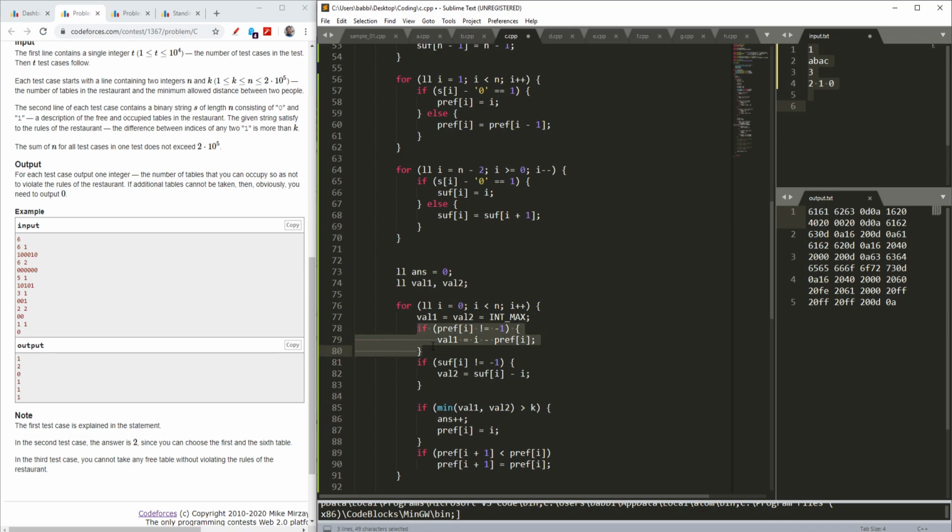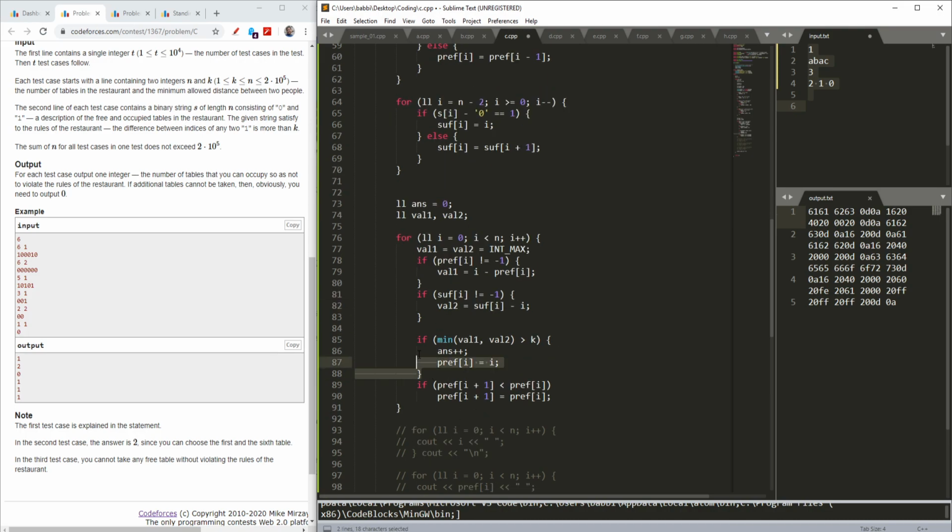So I will check that if it is not -1, because if it is -1, then we have no constraints for it. We have constraints only when it is not equal to -1. So if it is not equal to -1, then I will update my value of val1 as i minus prefix. If it is not -1, then I will update my value 2 as suffix minus i. Then I will do answer plus plus, because if the minimum is also more than k, then I will update my answer as answer plus plus.